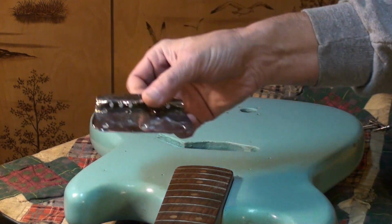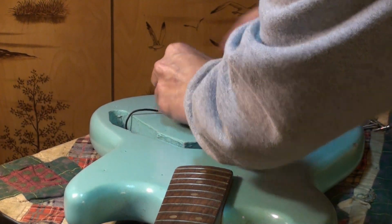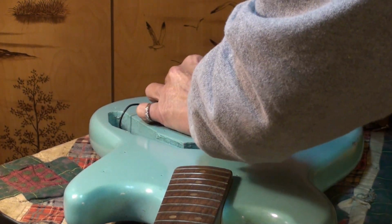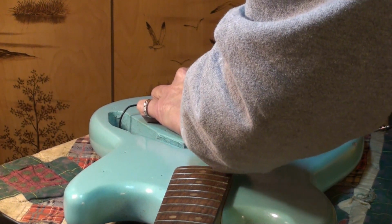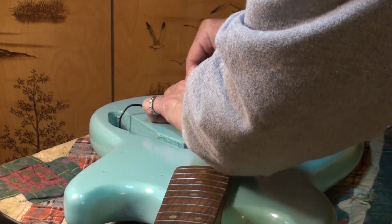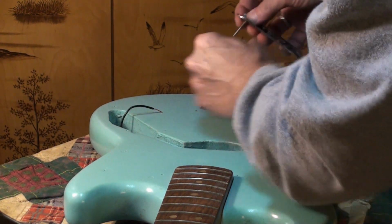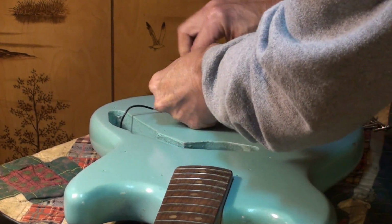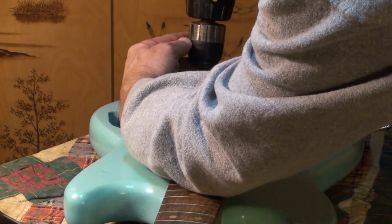So I told you I was going to have to take it back off, remember? And the reason being, I forgot to put a ground wire on it. This tailpiece has to be grounded to your electronics. And I, like a dummy, forgot. So I'm not gonna